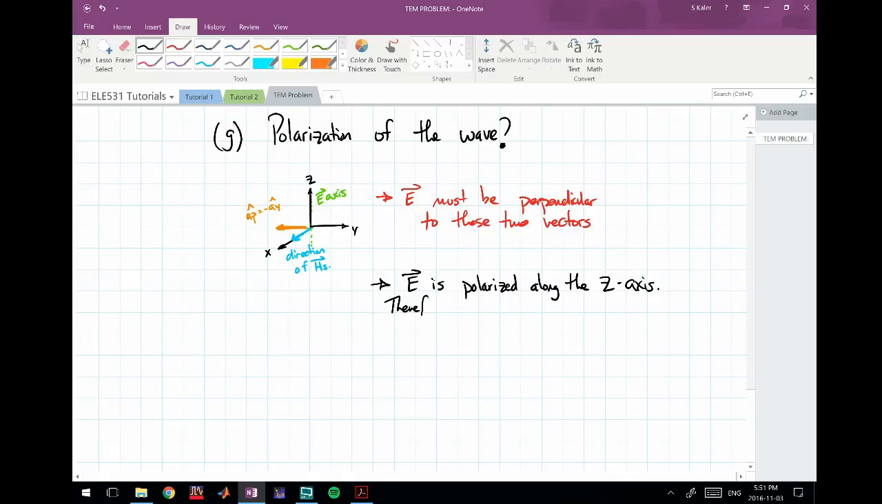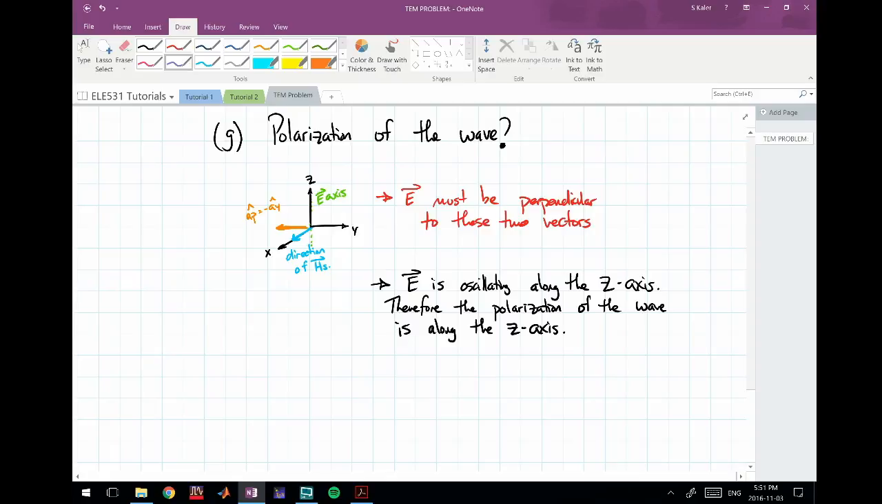Therefore, well, I shouldn't say E is polarized. I should say E is oscillating. Therefore, the polarization of the wave is in, or we'll say along, the z-axis. So the polarization of the wave, well, the thing to take away from all of this, I guess,